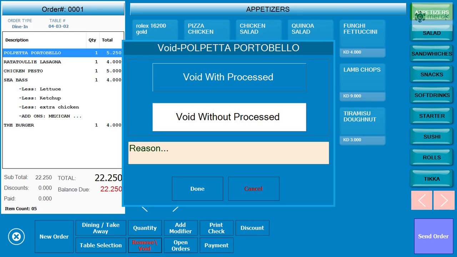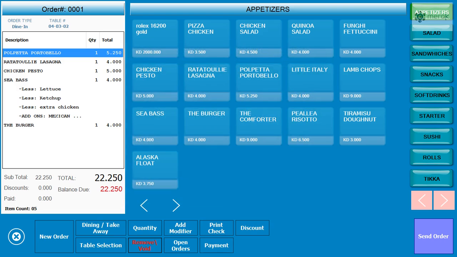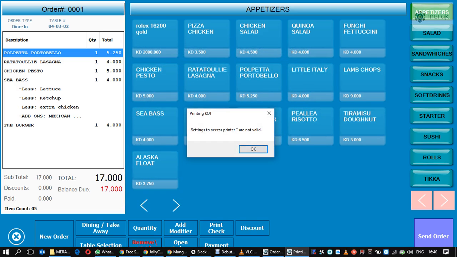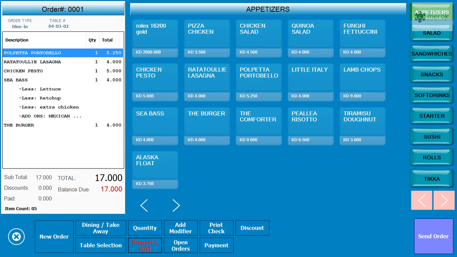This will result in no items from your inventory being deducted and the order being cancelled. And you can add a reason like customer changed, spelling mistake, changed mind, and now we can go ahead with that and done. In some cases, we get a printing error from the kitchen because the system is not connected to the printer, but in your case it will be. If you want, we can even put a password on it. Like if you want to cancel an order, a managerial password will be required.